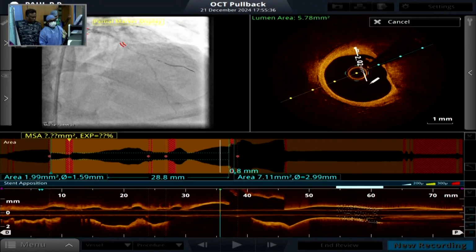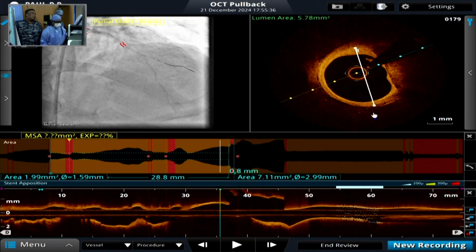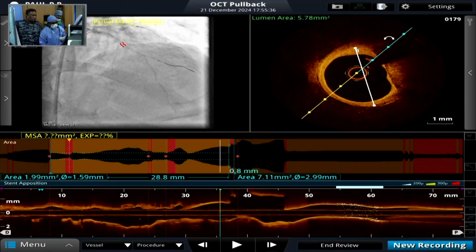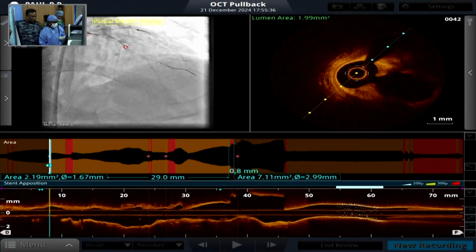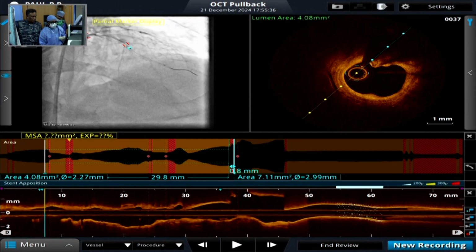Then coming more proximally, the vessel size is at least around 3.5 or so. So we would go with a 3 stent and post dilate. Then we'll once again check the length before we open up the. Did we open the stent? So distally, this would be a reasonably good landing zone, and proximally, this would be a